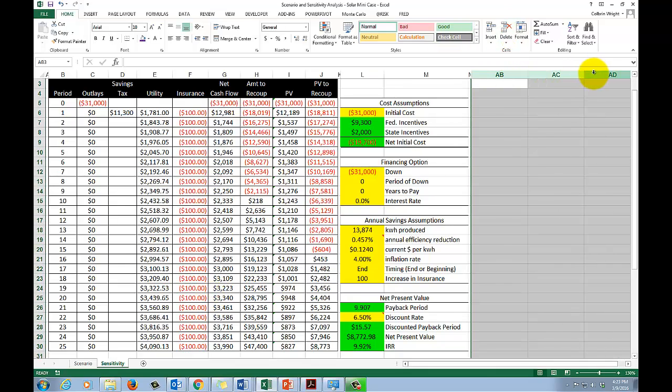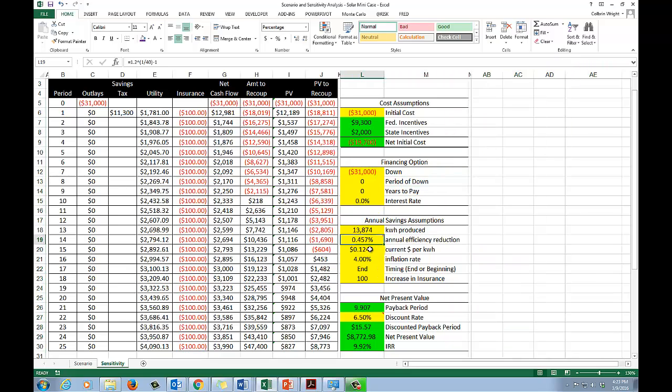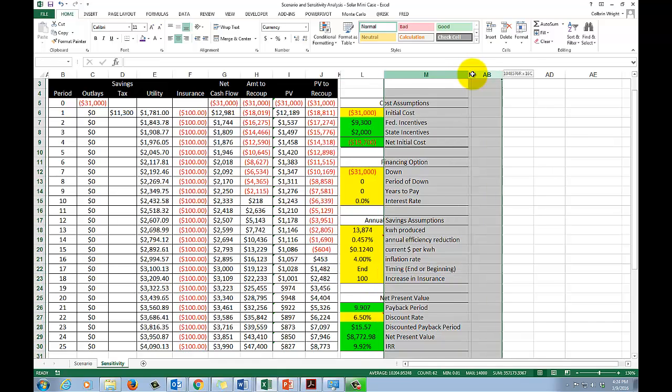What I'm going to do now is some sensitivity analysis, and let's think about which of these variables might actually have the biggest influence on our output. So our output is NPV and IRR. So what do we think drives that? Well, you would begin with a theoretical conversation, but I'm going to just show you what I've already sort of